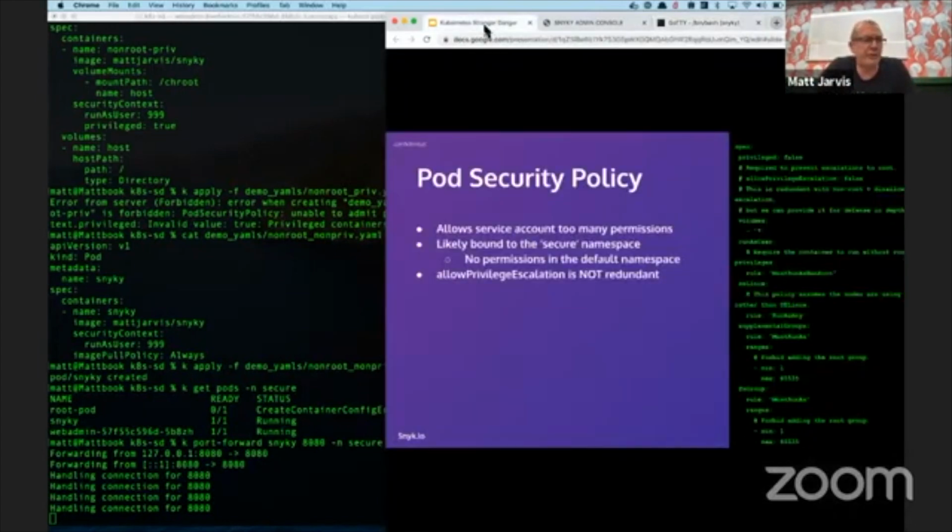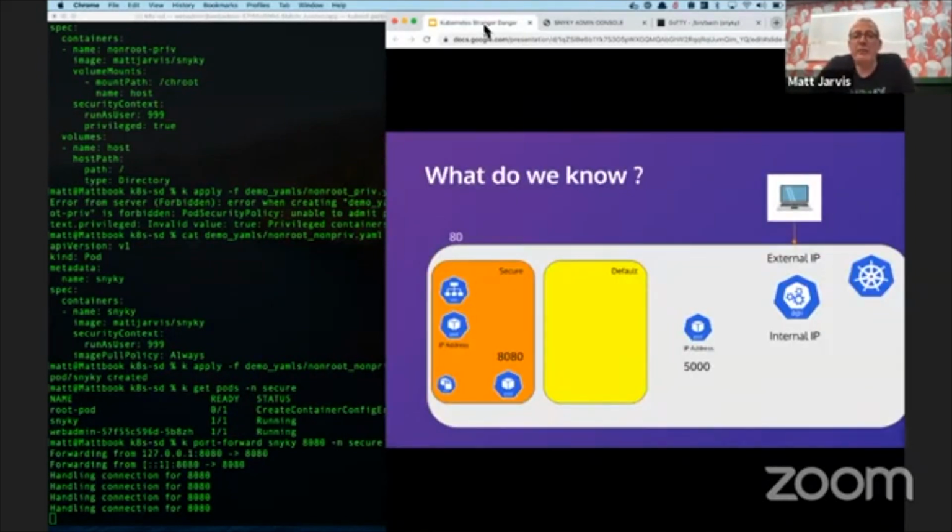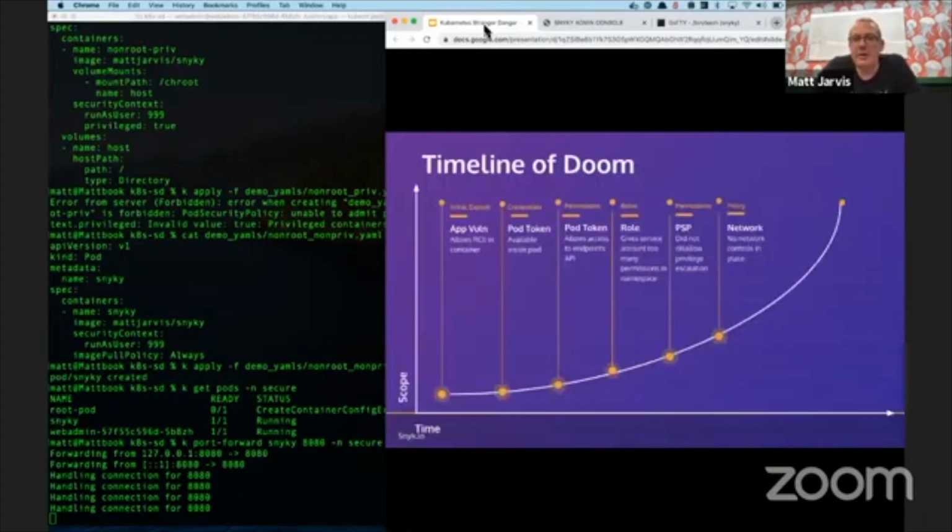Before we go any further, let's add to our timeline that our pod security policy didn't disallow privilege escalation, which allowed me to sudo. We can add some more information. We've discovered another pod running on port 5000. We don't know anything about it at the minute, or which namespace it's in. But we can also add to our timeline of doom that we have no network controls in place. We had no policies, no service mesh, that stopped us from connecting from one pod into another pod,